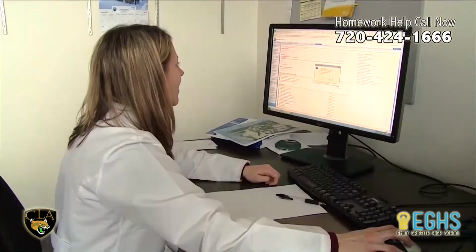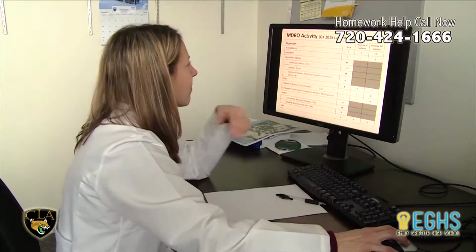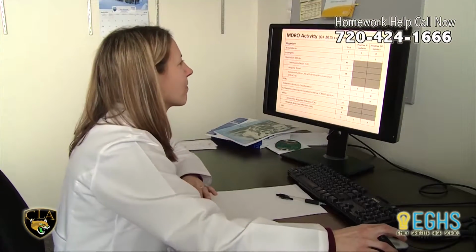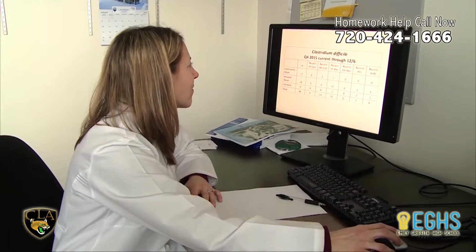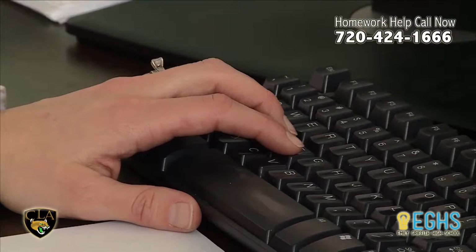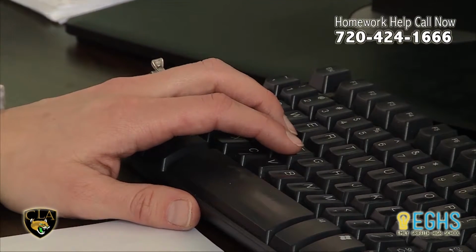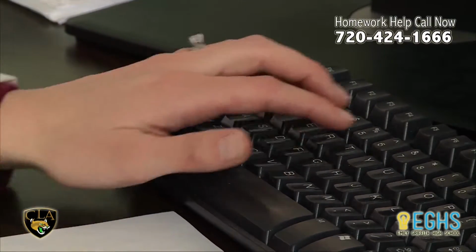So I understand you use a model called the SIR model. Can you explain kind of in layman's terms what that is and how it's used? Sure. So the SIR is a standardized infection ratio, and that's used a lot of times in order to compare different hospitals. So do you do a lot of collaboration then with statisticians and things like that? Absolutely. We have a biostatistician who's on our staff and is really invaluable in terms of helping us to manage especially large quantities of data.